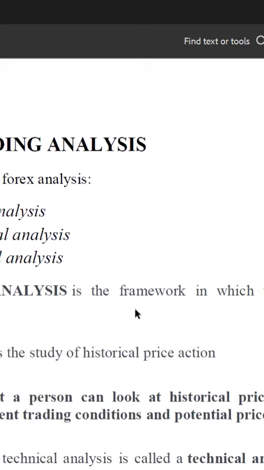We have three major analyses or approaches you use to analyze the market. You use what we call the technical analysis, we have the fundamental analysis, and the sentimental analysis. You understand? Those are the three analyses that we use in expressing what is really happening in the market. So for technical analysis,